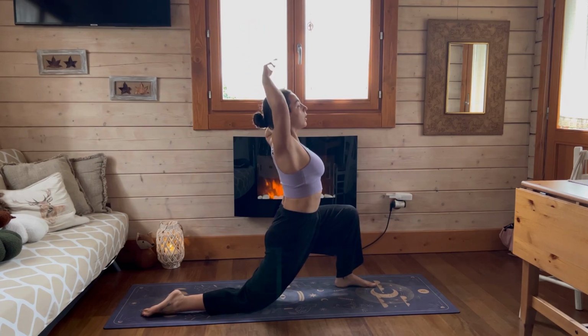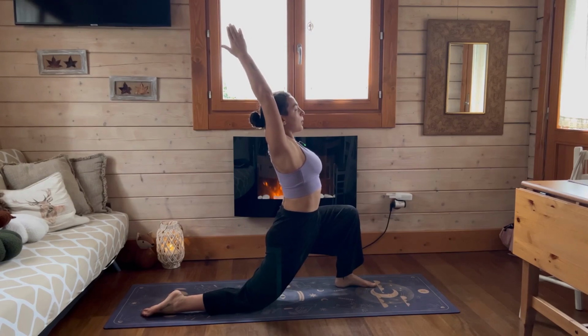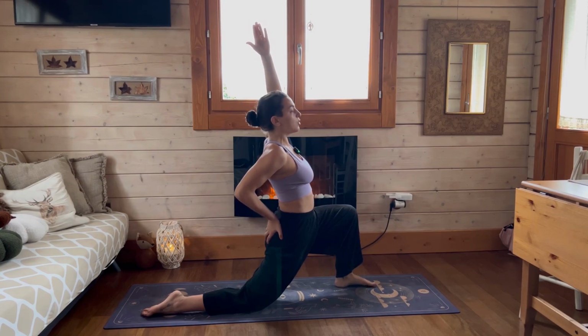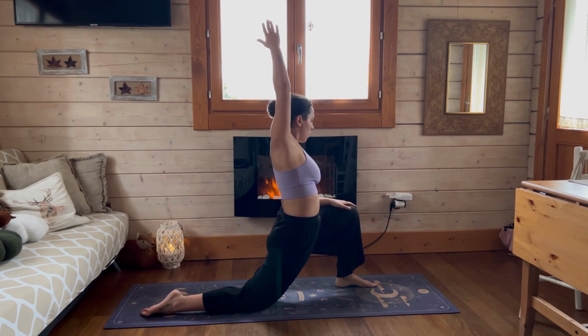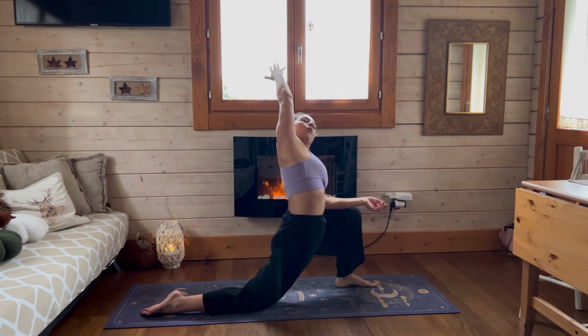Inhale, lifting the body up towards crescent lunge, and we're staying here. Maybe try to touch that right glute, make sure it's engaged. It's what helps us extend the front of the body. Left hand is gonna find the left thigh, maybe the left elbow on the left thigh, and we're slowly, gently